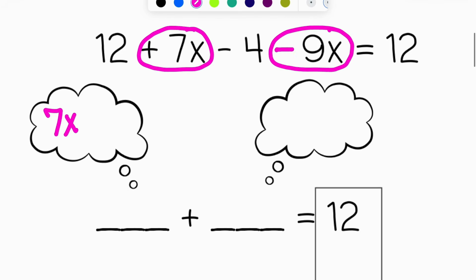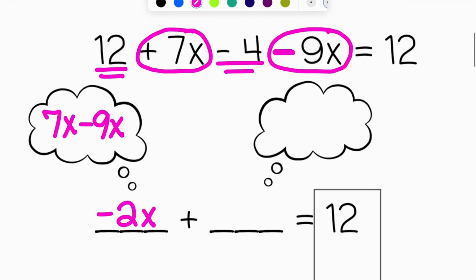And then I'm going to subtract, because I have a minus right there, 9x. And 7x minus 9x gives me negative 2x. Okay, I've also got constants. I've got 12 subtract 4. So in my thought bubble, I'm going to subtract 12 and 4, and that gives me a positive 8. So I haven't actually solved anything for this equation, but I have simplified it to negative 2x plus 8 equals